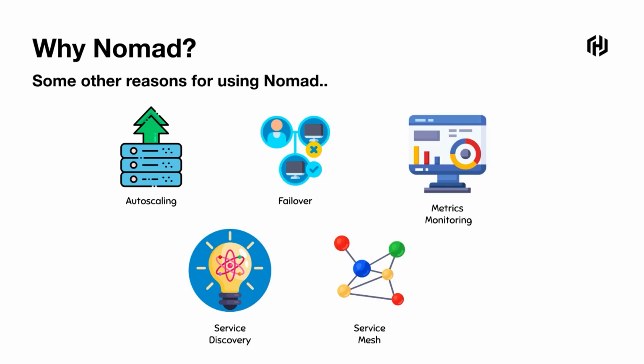Then metrics monitoring. Nomad is a directly instrumented project with Prometheus. When we say directly instrumented services, in that case you don't even have to install an agent. For example, if I directly want to monitor Nomad and, let's say, Consul with Prometheus, I don't have to install any kind of agent. I just have to enable some specific configuration,